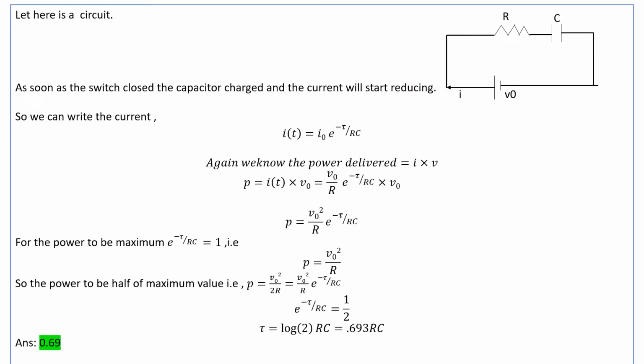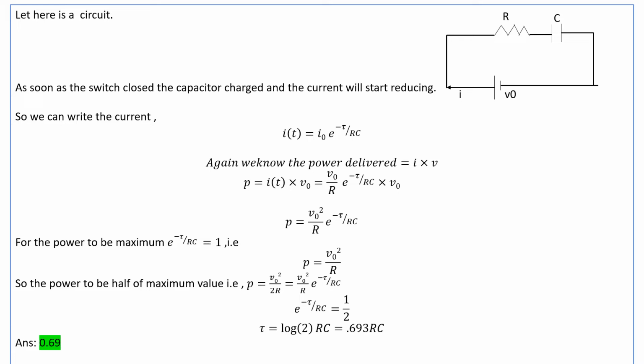So there is a circuit. As soon as the switch is closed, the capacitor charges and the current will start reducing. So we can write the current as I(t) is equal to I naught e to the power minus t by RC. Again we know that the power delivered is equal to I into V. So we can write P is equal to I(t) into V naught, because here V naught will be constant, and we can write it as V naught by R, that is I(t) into e to the power minus t by RC